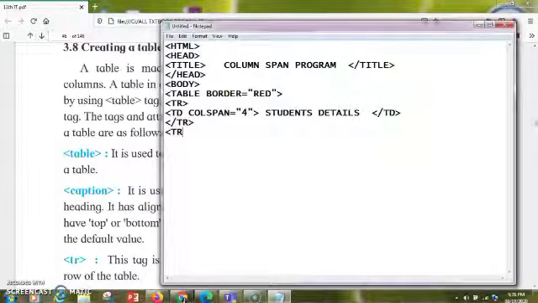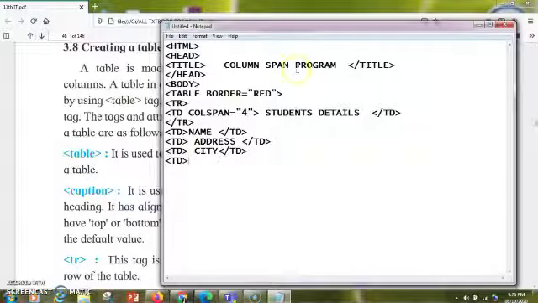Now I'll be freshly starting with the next td tag and in that I'll be giving the name as name, and then with the next td tag as address, then the next td tag as city, and the next td tag as country.